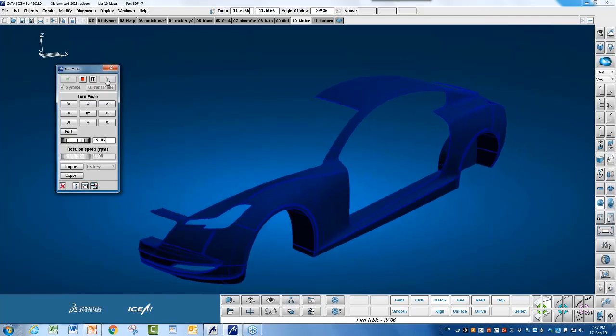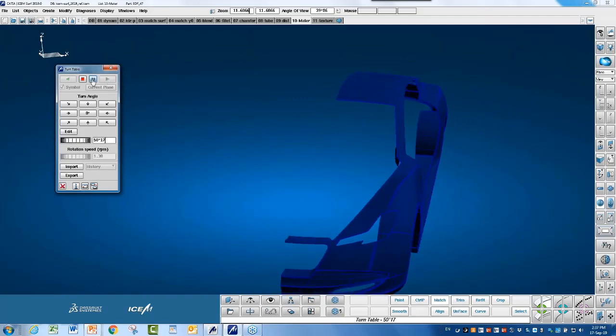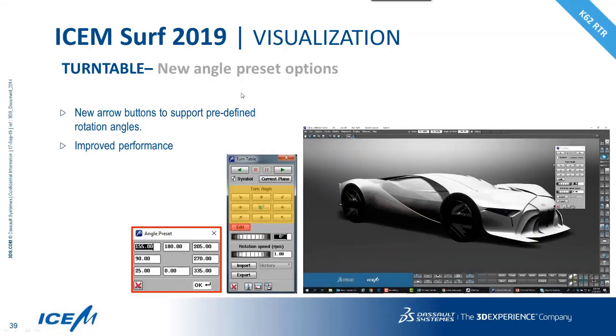There we go, a nice slow turntable. So nice enhancement to the UI here. Okay, so